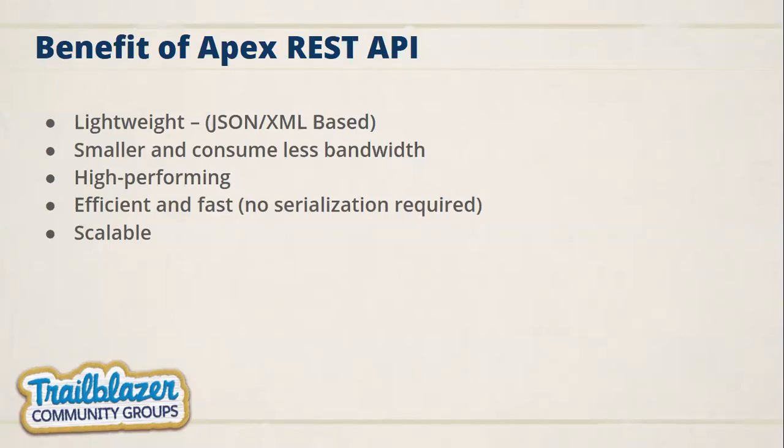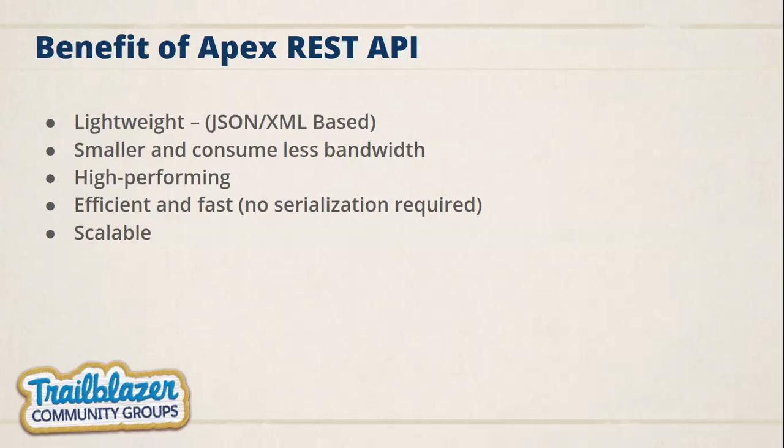REST API was actually developed with the mindset that we are using our applications on low-bandwidth devices like mobile applications and tablet applications. So it's basically designed for those devices, and it will work on low-bandwidth devices. High performing: if we use caching in our system, your API will be high performing. It will be super fast to respond with your data.